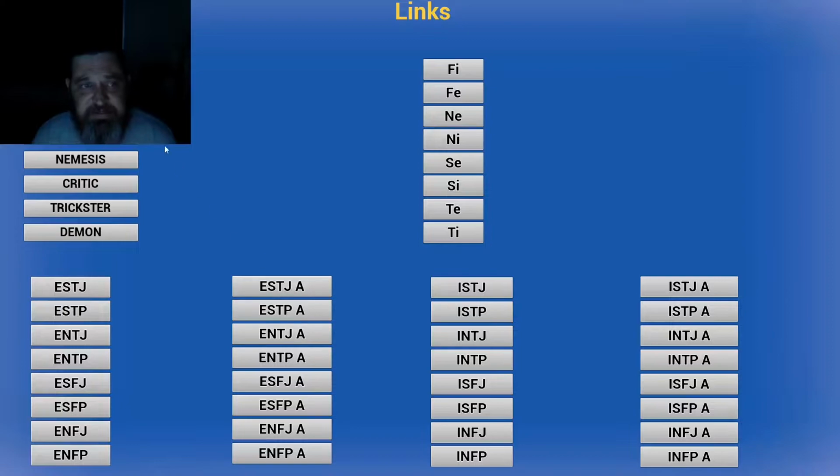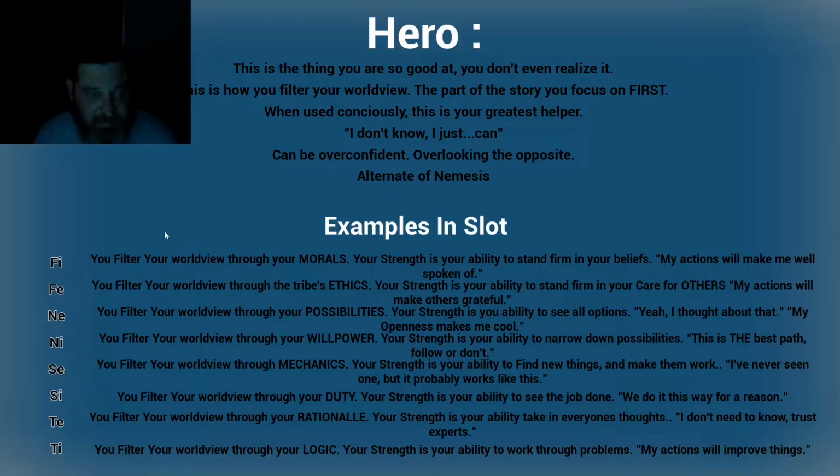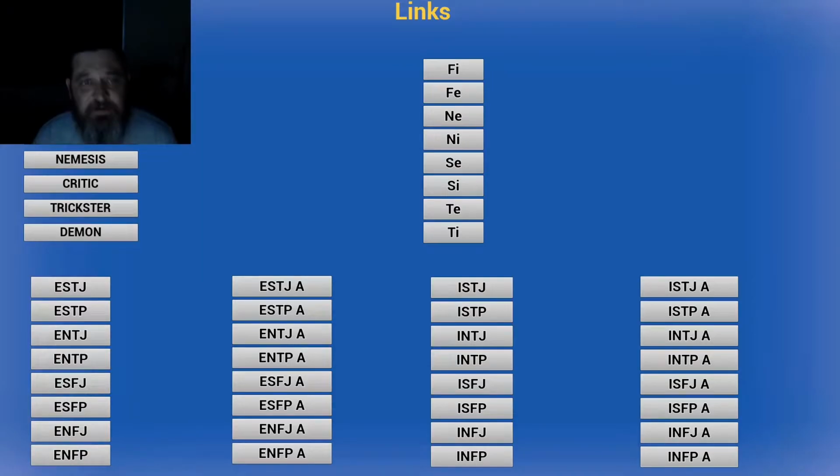The links page at the moment, I don't have any of the active links. I plan on putting links to other channels here. If you want greater definitions on these than what I have, then C.S. Joseph does a good breakdown on all of these. And there's other creators, and I will link them in. For the FIs and the FEs, the actual functions themselves, I tend more to lean with Dave and Shan over at Objective Personality. Not that there's a lot of difference, but there's just enough difference.